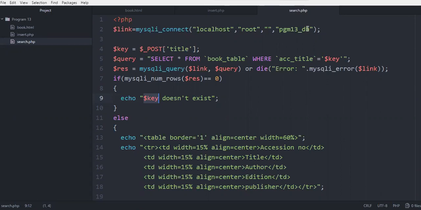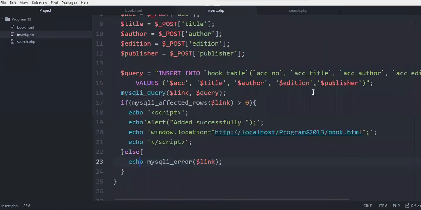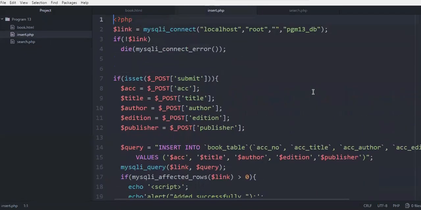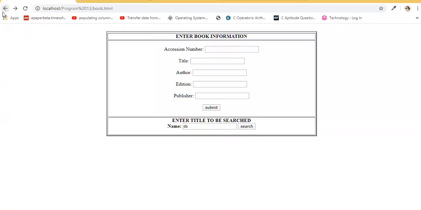Now let us change this here. Sorry, not here, because we do not have the if not $link which is specified here. Yes, so we'll try to make an error here. Say save. Now let us try to perform the insert operation.